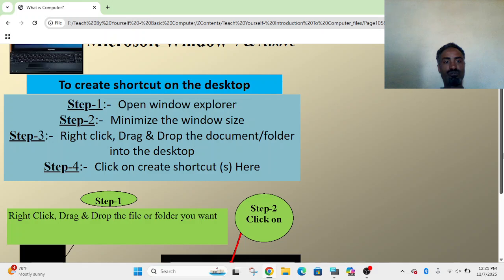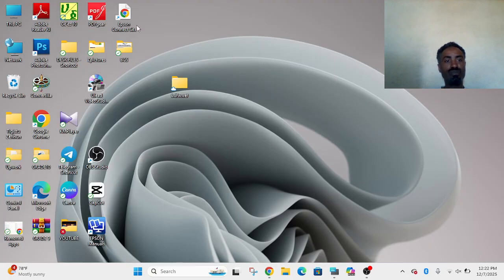Here, to create a shortcut on the desktop. What is a shortcut? It is a link that helps us to save our time. For instance, there are places that save our time when we access or interact with the computer or a digital device. Here are shortcut icons. On the left here, the arrow shows that they are shortcuts. This arrow here shows shortcuts.